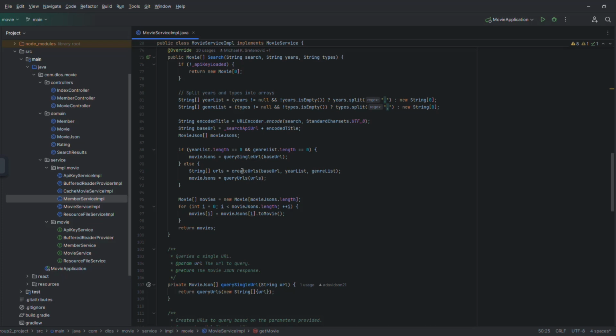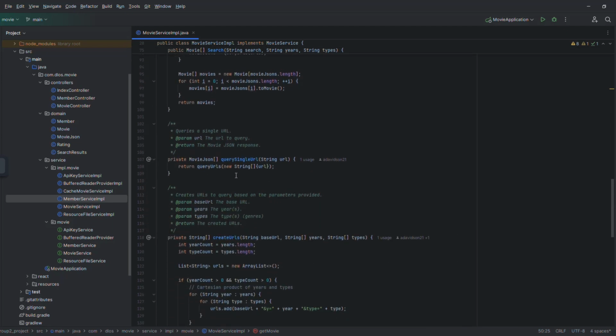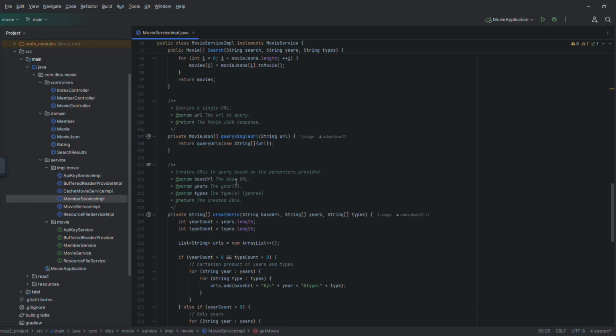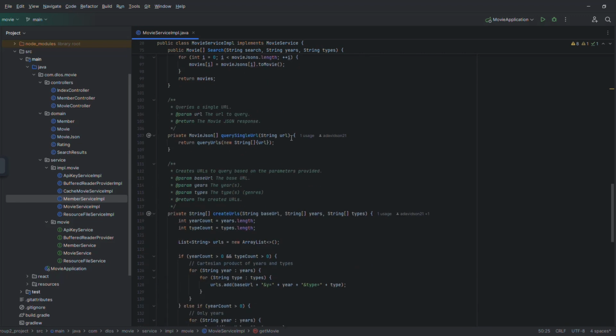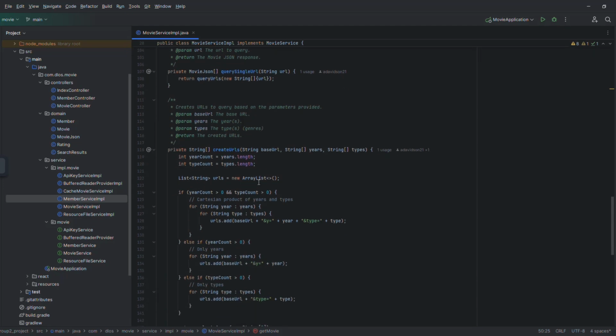Otherwise, we need to create the URLs for the search and then make that query. Once we get that back, we need to convert that into the movie objects that we are expecting, and we'll return the movies. Now, for doing the queries, we've got the query single URL, which is what we saw up here, and that basically just takes the URL and wraps it in a string array